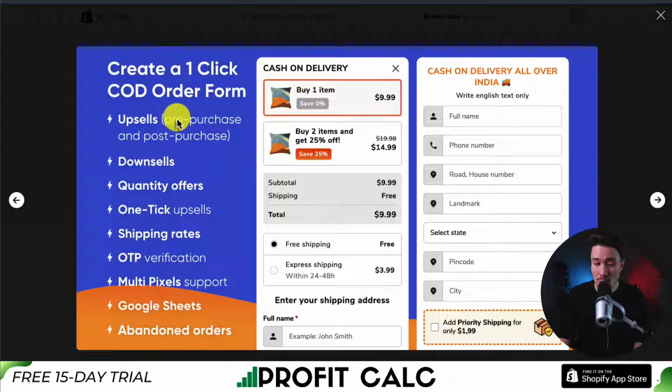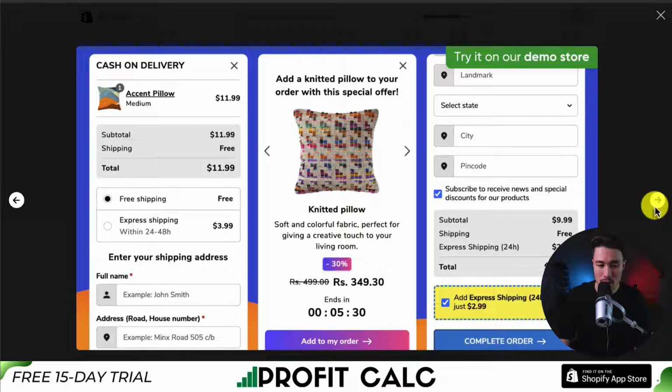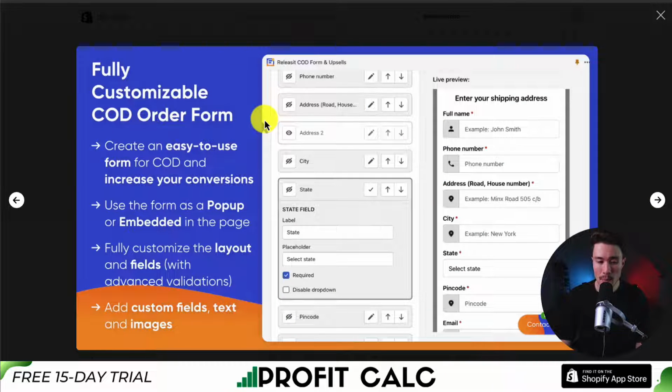It's going to make it super easy for you to create a one-click COD order form. You're going to have quite a few extra things on top, from upsells, downsells, quantity offers, one-tick upsells, shipping rates, OTP verification, and more. We can see here the UI, making it super simple to fill out, as well as adding quite a few of those options. You can either use it as a pop-up or embed it on the page, and it's going to be fully